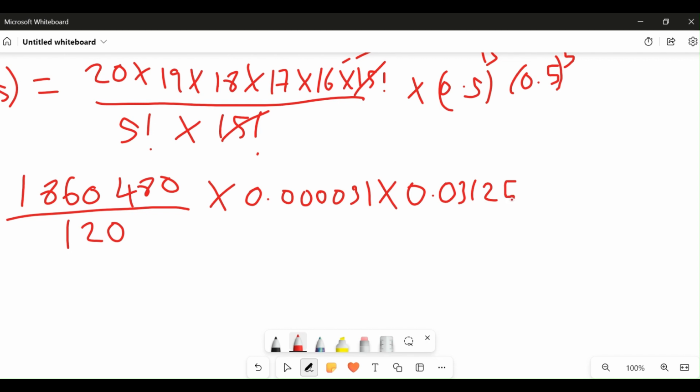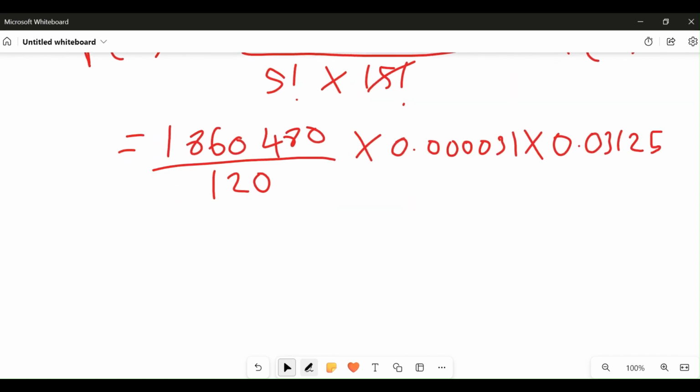Okay, now from here directly we can use our calculator. Our calculator can give us the direct answer here. We can find our probability of 15 directly. So if you press our calculator, we have